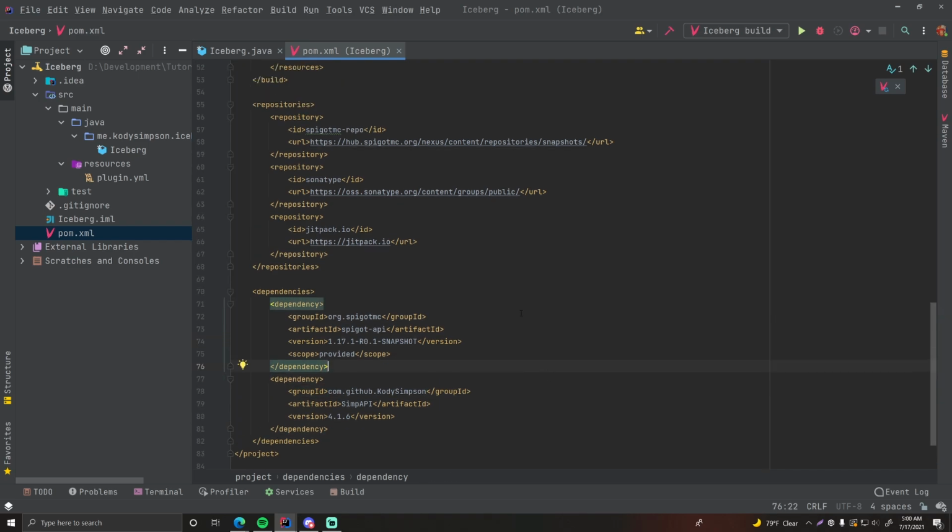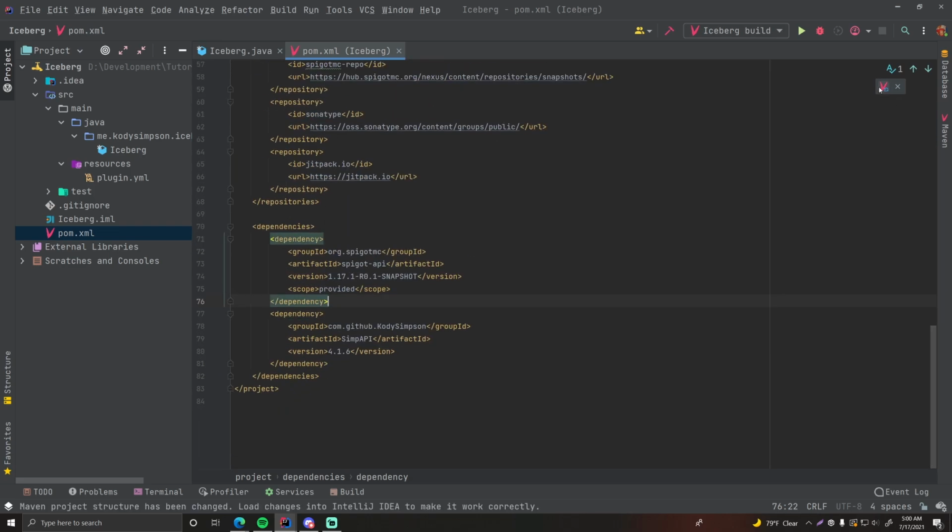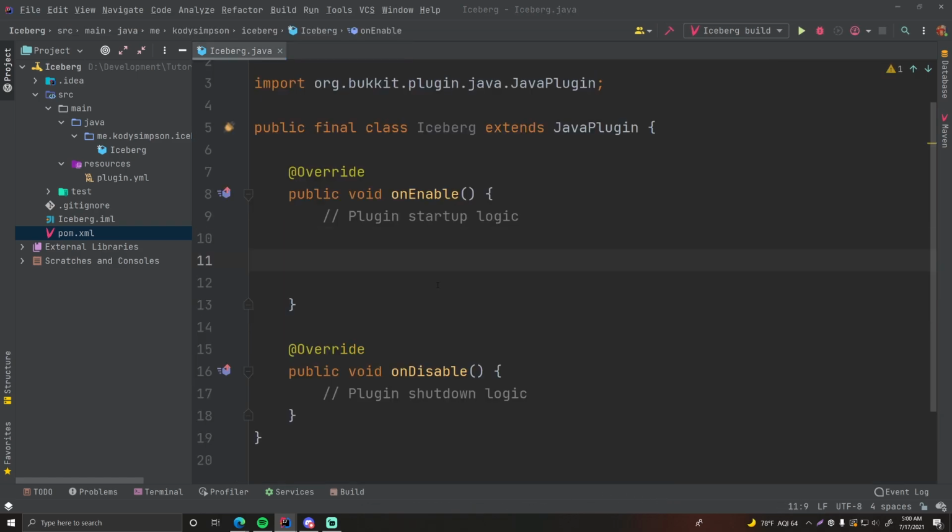It'll always be updated there. So once you add that, click the Maven button up here to reload it and import the dependency. So now it's going to bring in SimpAPI to our project. Great. Okay, great. So the first thing you want to do when using the menu manager is set it